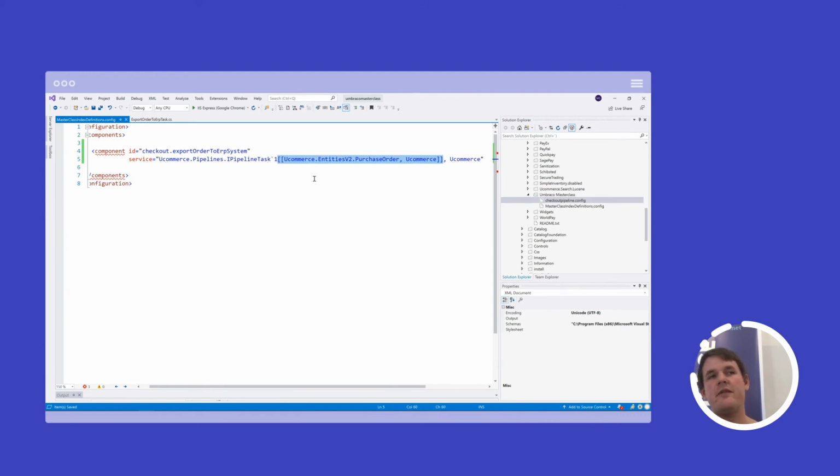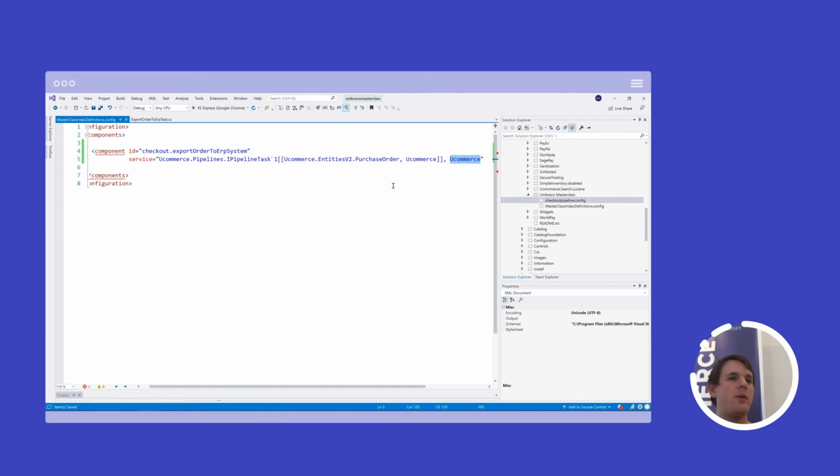So that's the way that you specify generic parameters when you configure stuff in the IoC container. You define what the interface is, then you write tick, and then you set as many generic parameters as you have. And then inside the square brackets, you set each of the generic parameters. And that's actually it. And you have to specify the assembly as well.